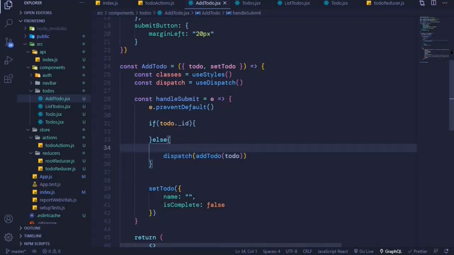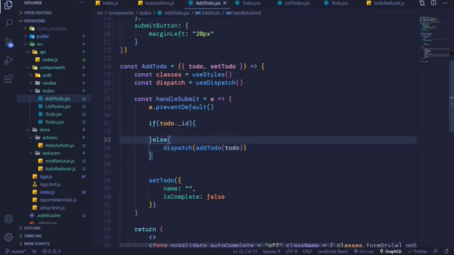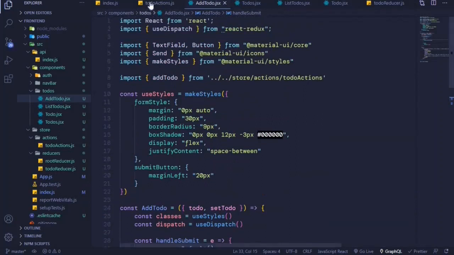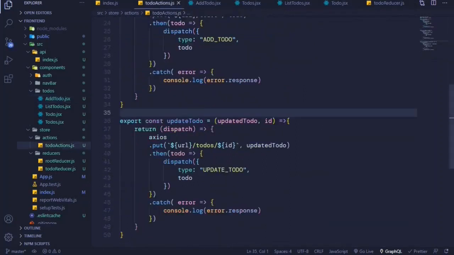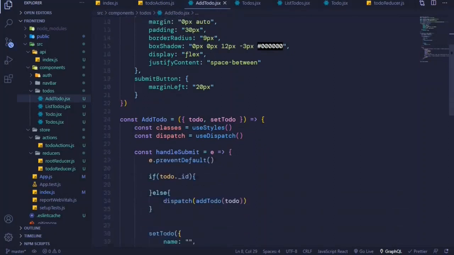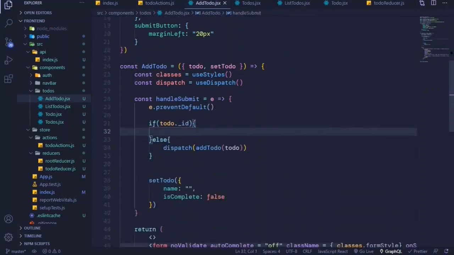Okay, so you can see the difference. Now we need to import our action creator for updating a todo, and the action creator was updateTodo, and they are coming from the same file. So just use a comma and then updateTodo,